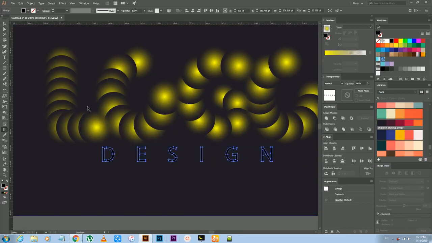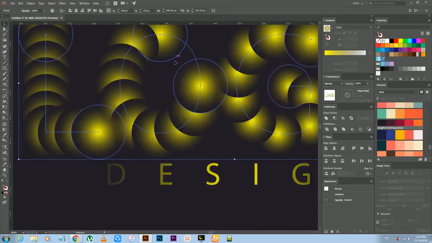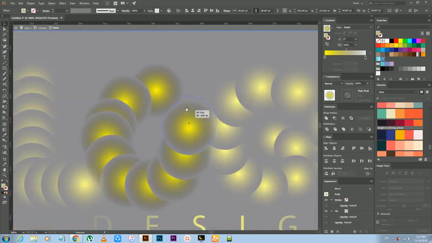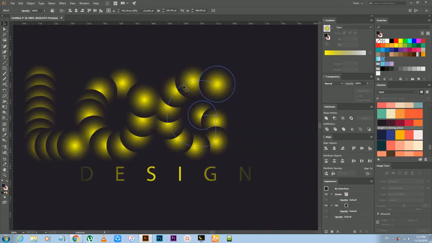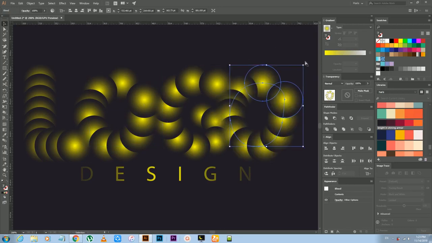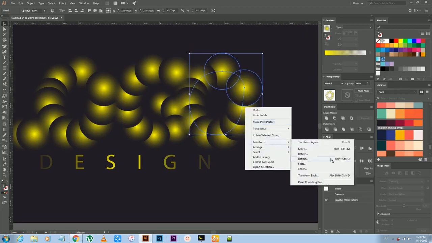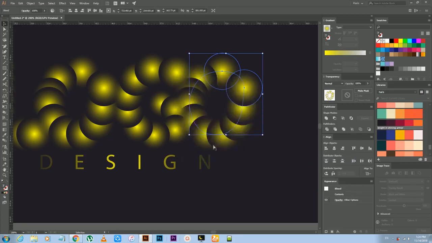And press I to open up the eyedropper tool and pick the color you want. And I am going with this yellow color. Now look at this, the O is not looking good. Now adjust this little ball. And now delete this O layer and select the other O layer and drag it a little bit by pressing Alt and Shift key. And now it does not look good to me. Right click it and go to transform and reflect, and vertical reflection is good and press OK.